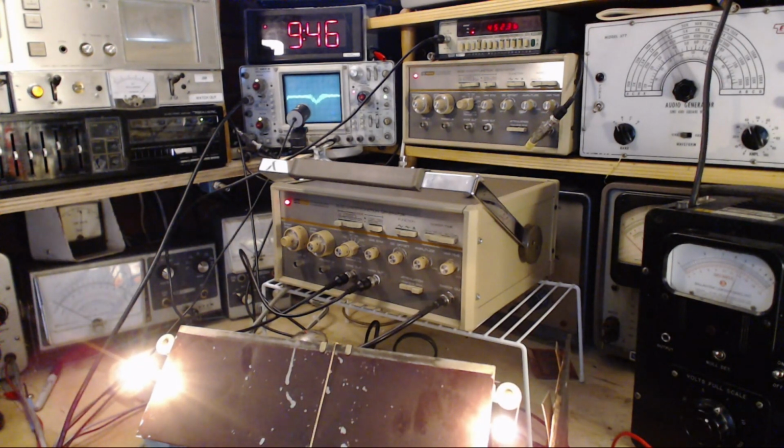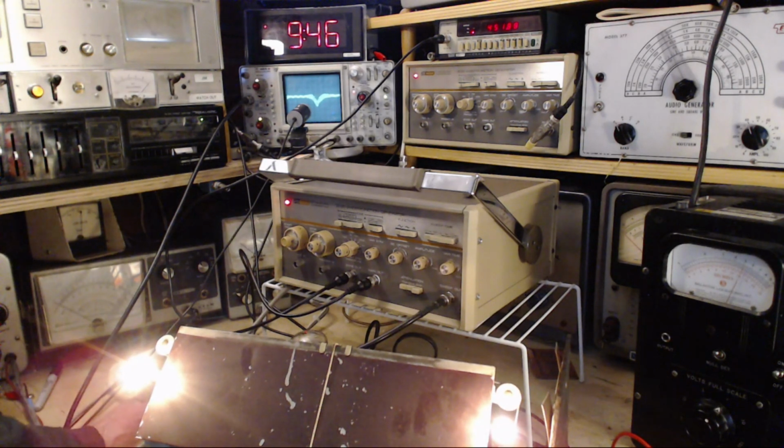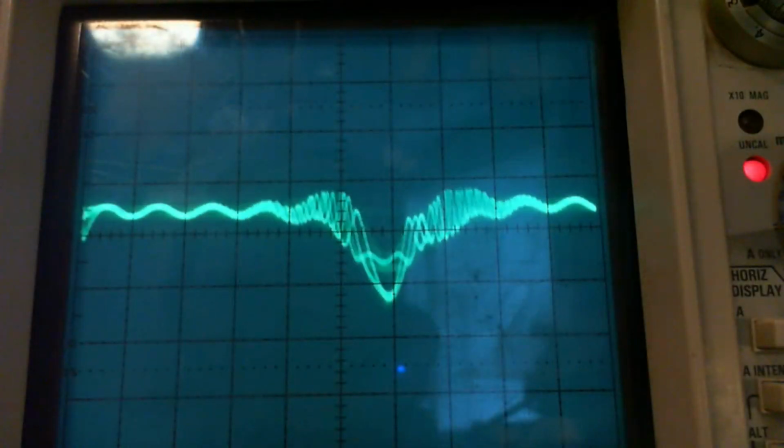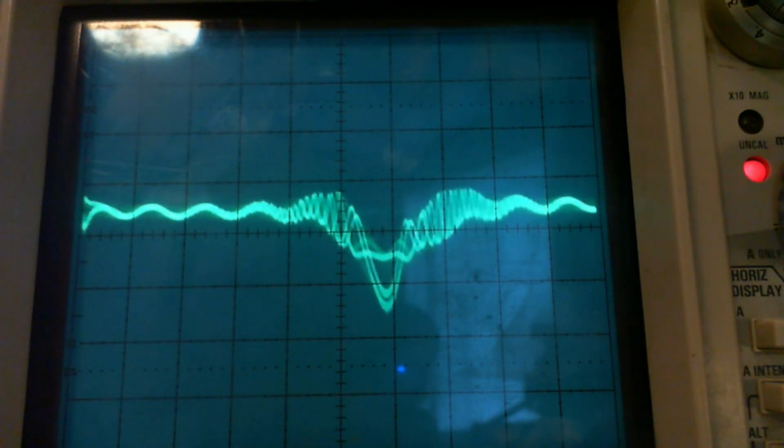So, an exciting morning in Jim's shop here. What to do now? Now it's time to finish off the alignment of everything but the IF, and that's a pretty simple matter now. So I'm gonna set up for that. I'm too excited about all this stuff that's kind of just happened here. I'm gonna set up for